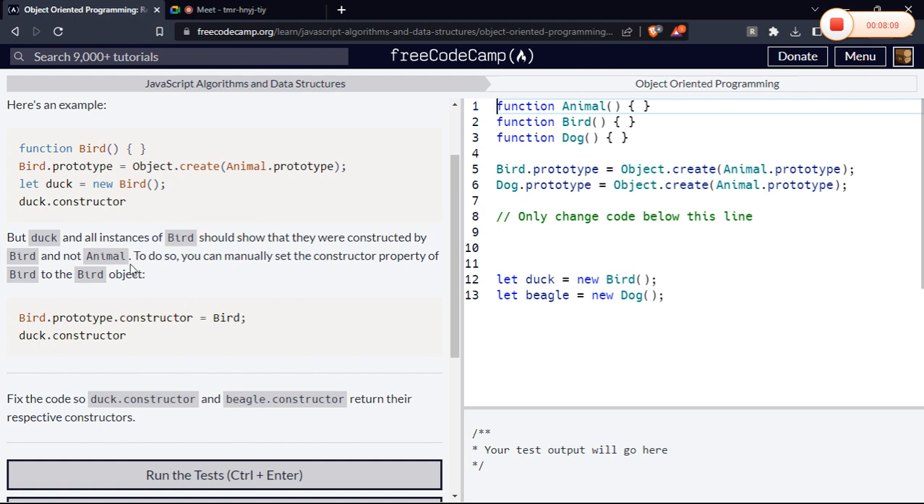Yeah. So, back to our problem now. The task is to fix the code so that dog.constructor and beagle.constructor return their respective constructors. So dog is bird and beagle is dog. So how do we fix this? And bird has already inherited from animal and dog inherited from animal. So yeah,